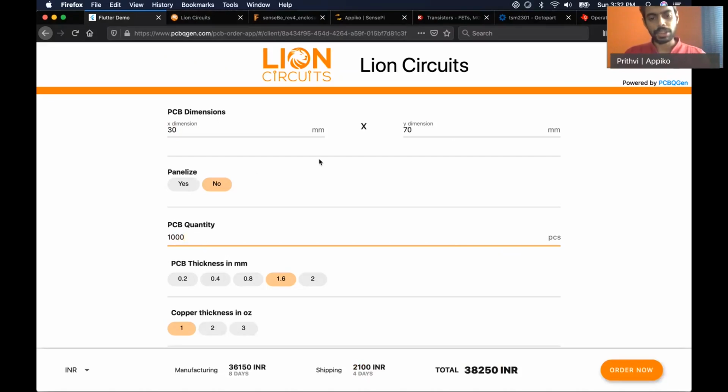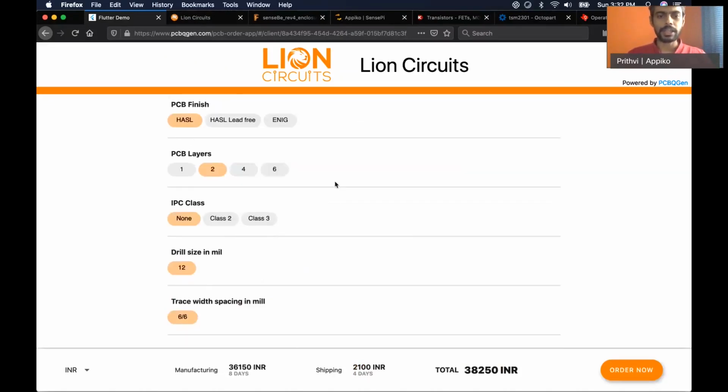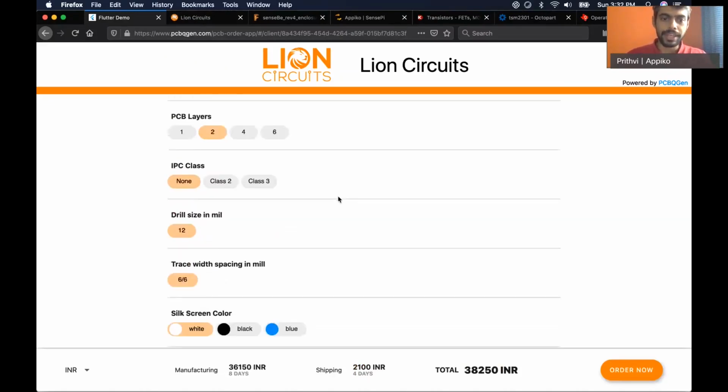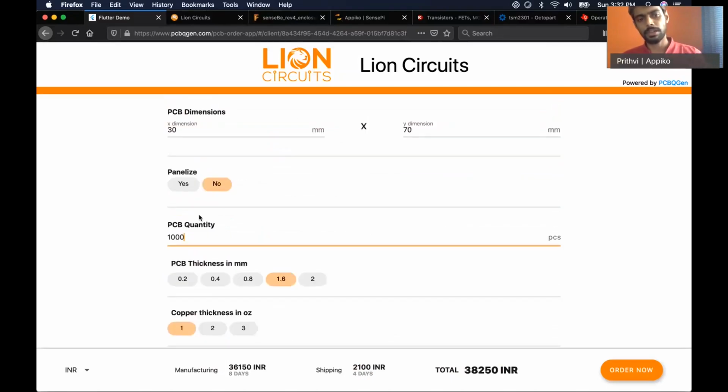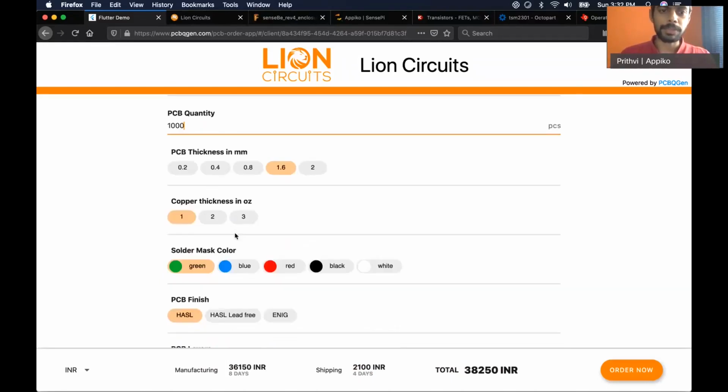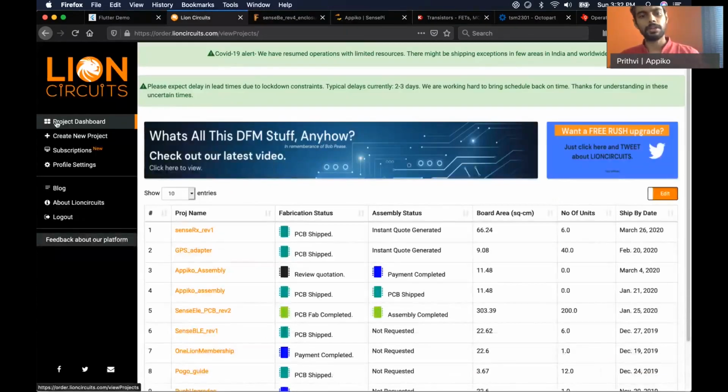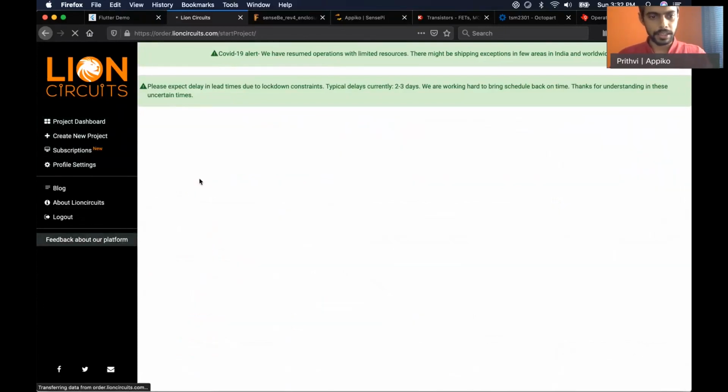This is the instant quotation engine that they are using, where you can get the quotation for various manufacturing processes as well as the parameters of the PCB. Let's upload this design and see how we can order the PCB. Let's create a new project here.